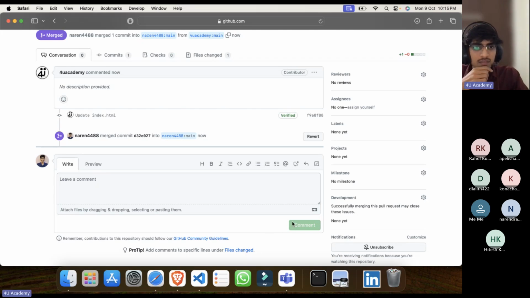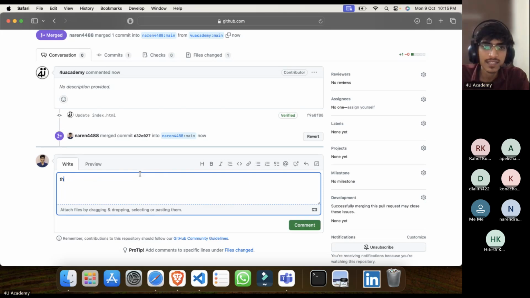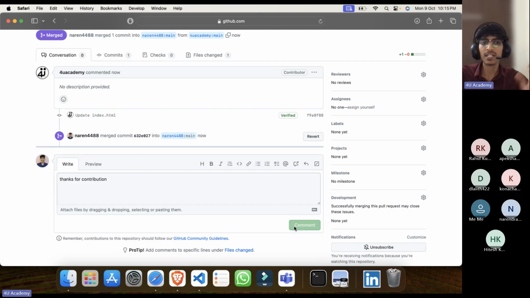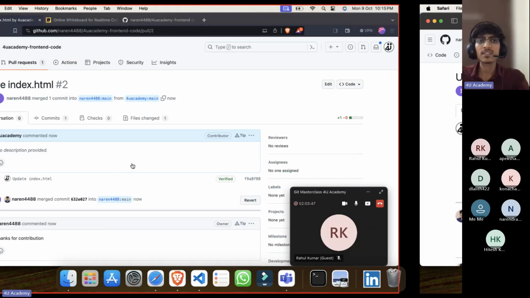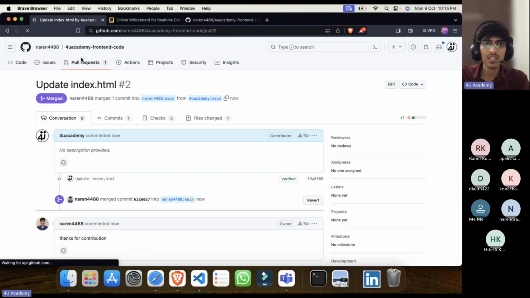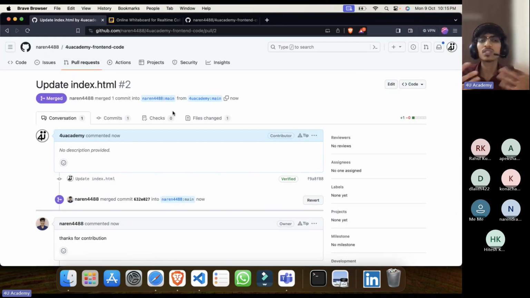Some message, thanks for contribution, and comment. That is done, and my pull request will go away. Merged. In this way you can contribute.